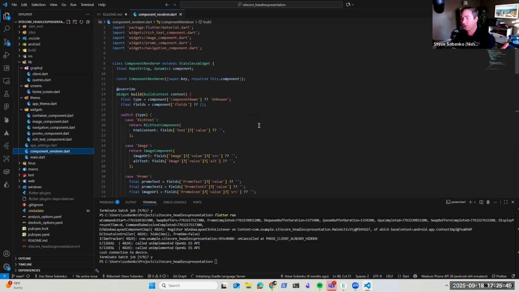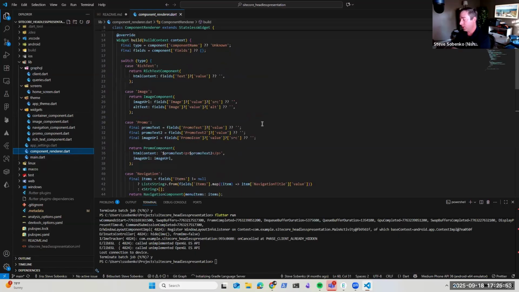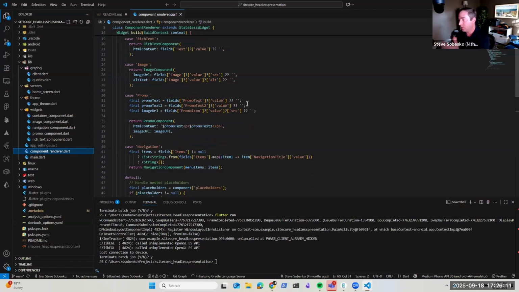So this is just a big switch file. We get every component that comes back from our GraphQL and we start mapping. If it's rich text, give me a rich text component and pass it my text. If it's an image, build me an image component and pass it the URL and alt text and any other properties that come with it.